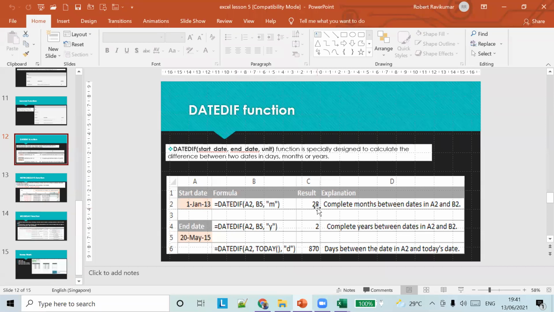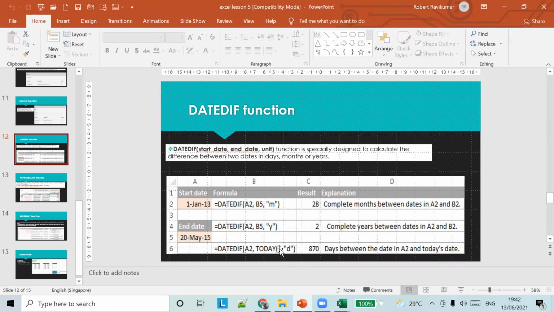So these are the 3 units you have to pass: for month, M; for year, Y; and for day, D. Similarly, you can pass TODAY.